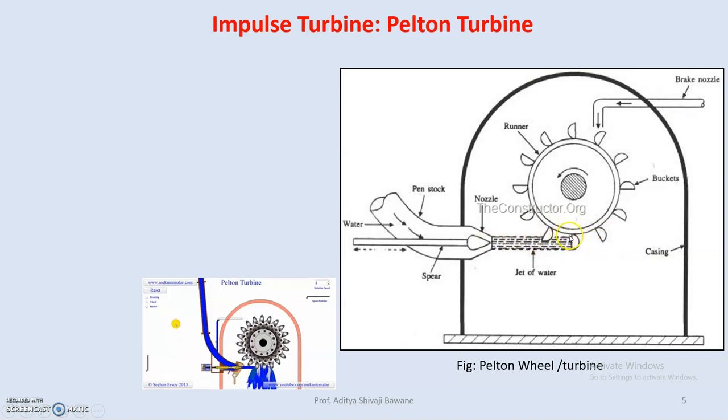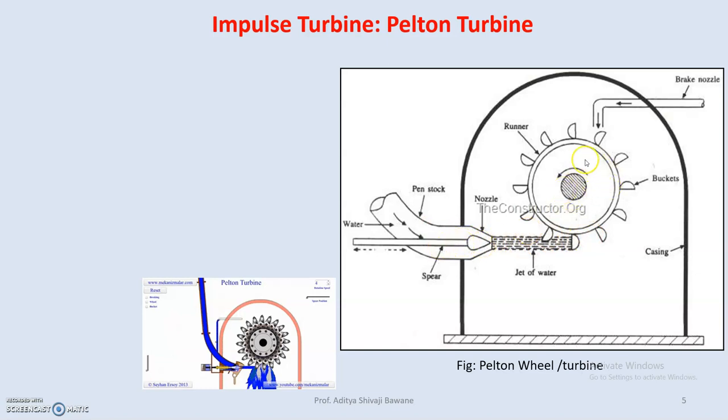Let us assume we need to increase the flow rate, or we need to increase the mass flow rate. What we do is reverse its direction. Whenever this spear moves from right to left, the water quantity will be more and there will be more rotation, more speed will be available to this shaft or rotor. And whenever we need to minimize the speed, we move this spear towards the right so that the water quantity will be lowered. So that is the purpose of the spear, to regulate the flow rate.